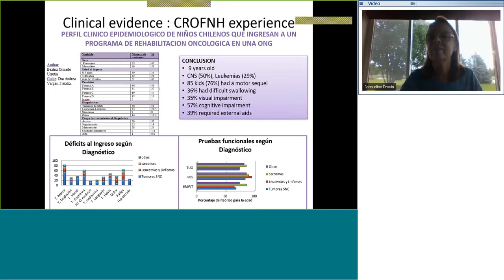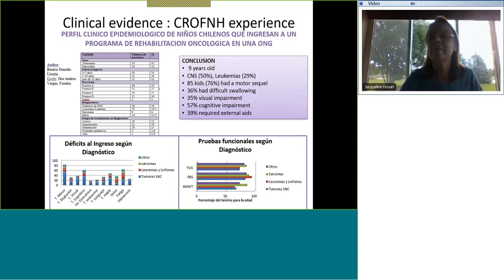Our own clinical experience includes around 4 different studies that we have done. There's an epidemiological study that is ongoing, but the main conclusions right now are that the average age that we receive is 9 years old. Most patients referred to physical therapy have CNS tumors, as you can see, almost 50%. And 76% had a motor sequel,